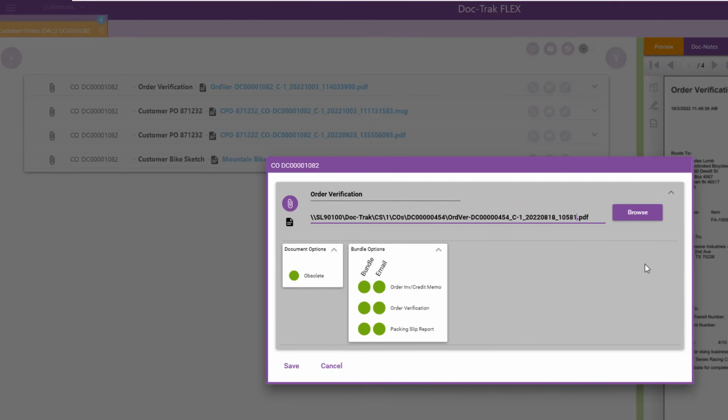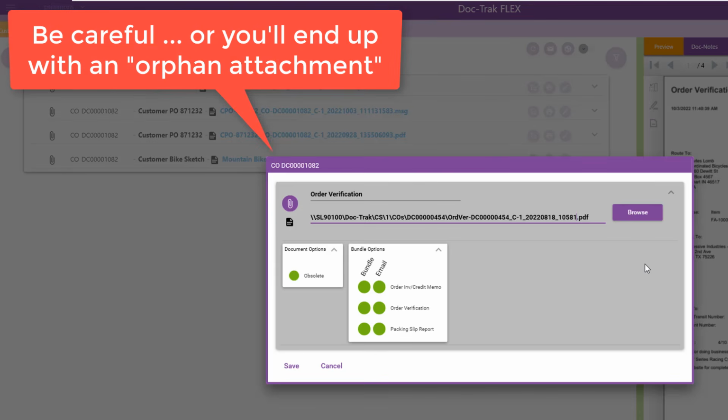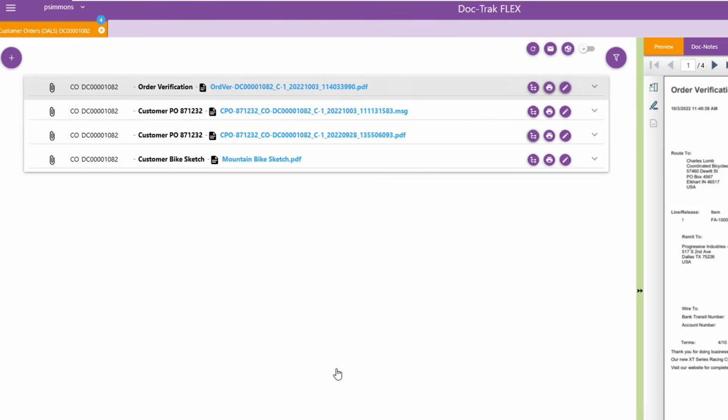Now be extra careful when you do this. If you type it incorrectly, you can end up with what we call an orphan attachment. That's an attachment made through DocTrack that's no longer valid. Typically, this happens when someone deletes, renames, or moves a file referenced by the attachment.